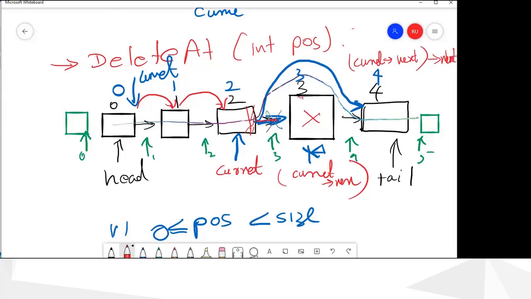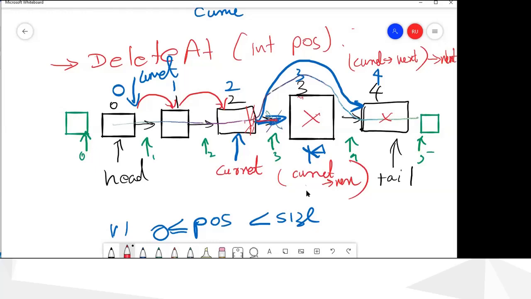So we can access this node. So we have access to this one and this one and this one. Now we can change the link from here to here, and then we delete this node.